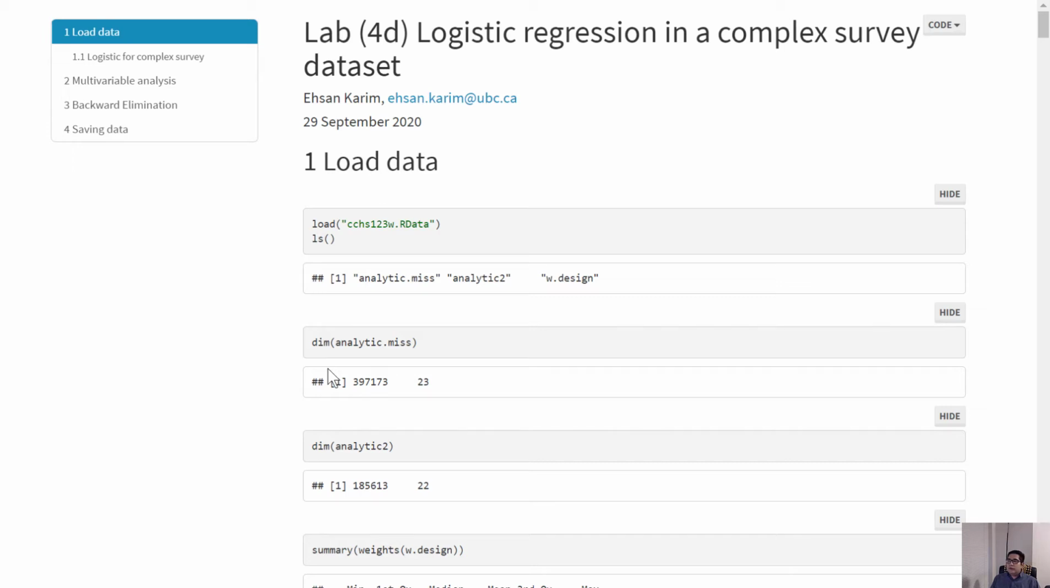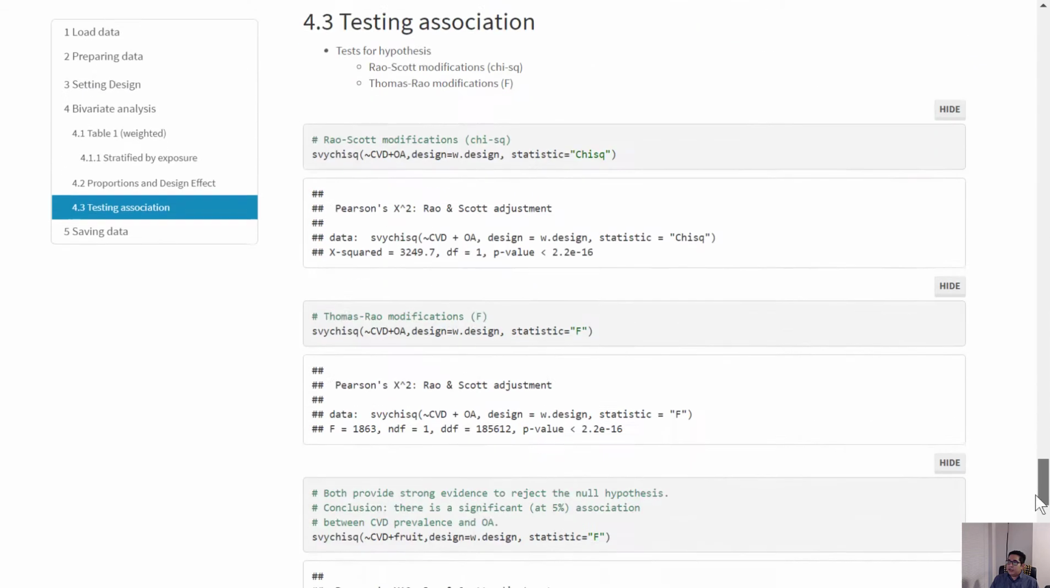So in this part of the lab, we are going to talk about how to run a logistic regression model using the complex survey dataset. So we are again going to continue from our previous lab 4C, and at the very end of that lab